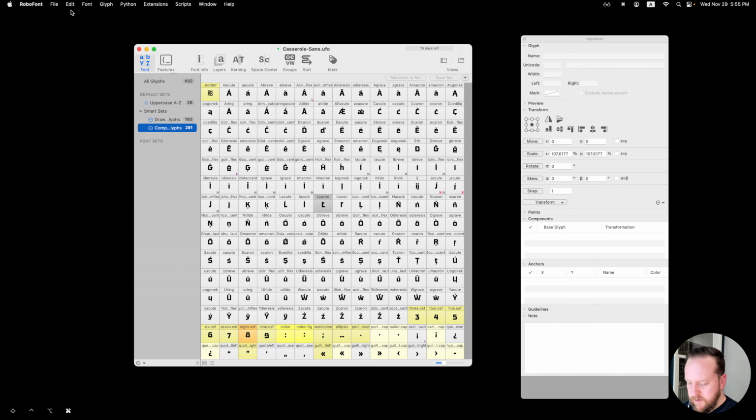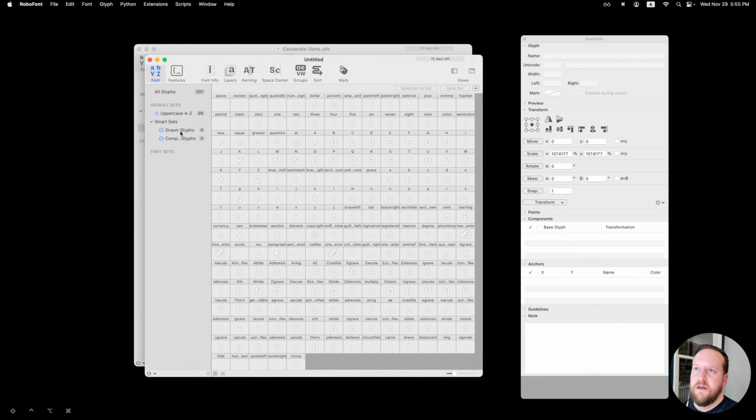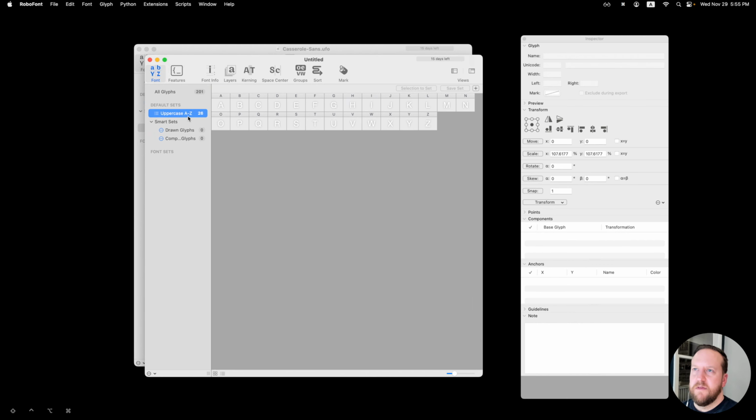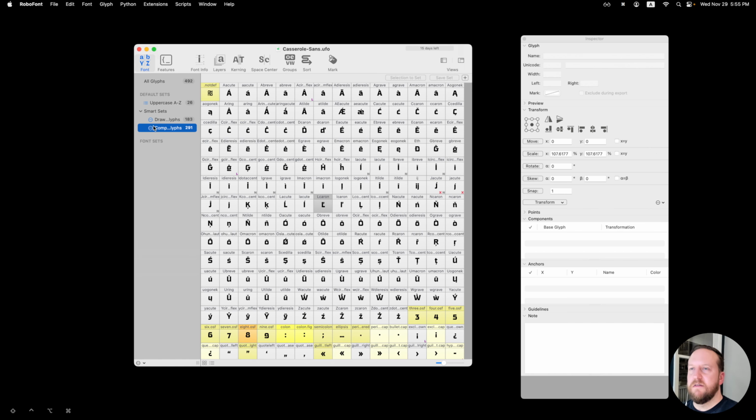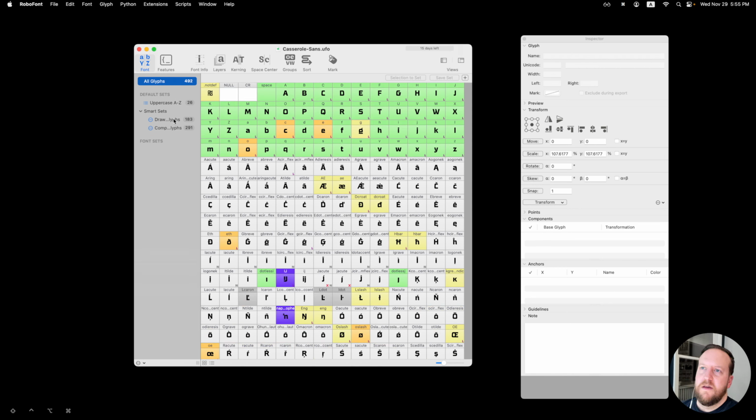So when we open up a new font, we'll have a list of these sets ready to go, so we don't have to waste time making this list again. And that is working with sets, and I think they're pretty useful. So you can work with sets, and that will get you little slices of the